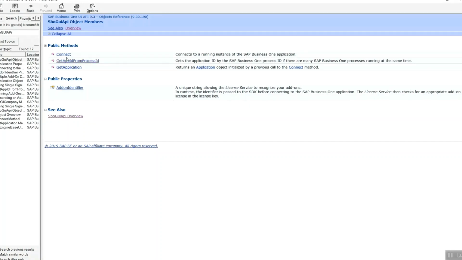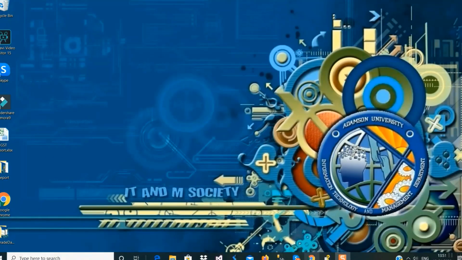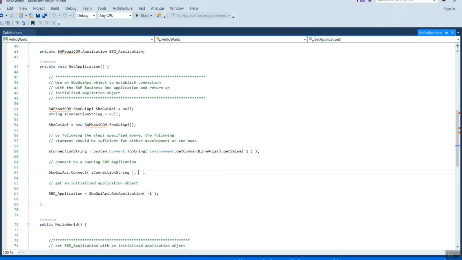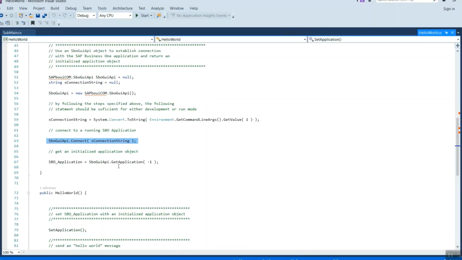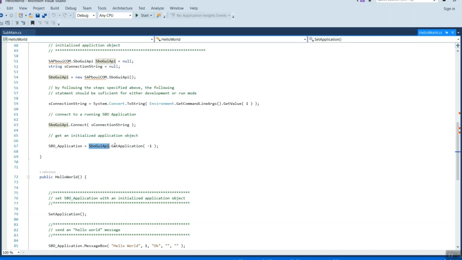So this function connects with the running instance of SAP Business One. Finally, they create the SBO application object through the SboGuiApi object, because it's a GetApplication function in which we pass the default running instance value.